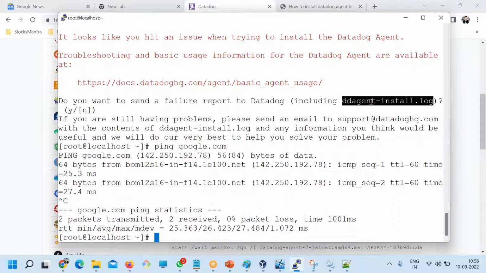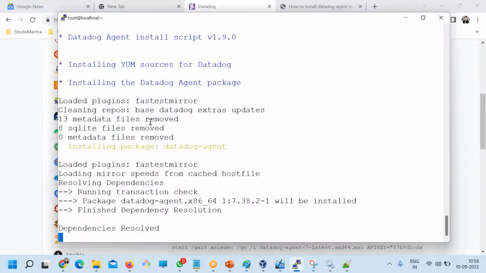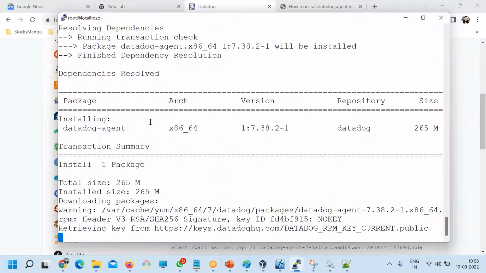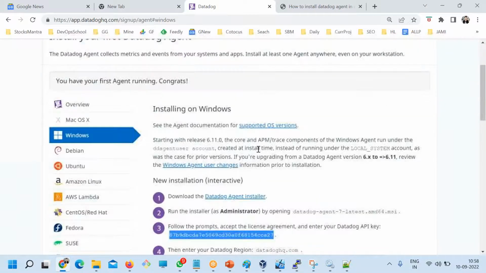And the logs, just one more time. Usually I have not seen that error because it's flawless. Maybe some of their links are having a problem. So while retrieving the key, probably they had a stop, but not a problem.